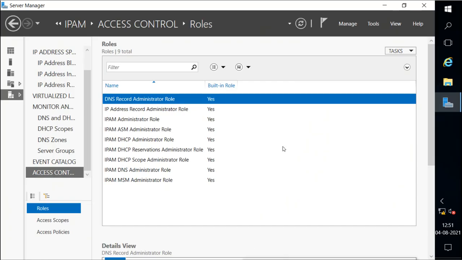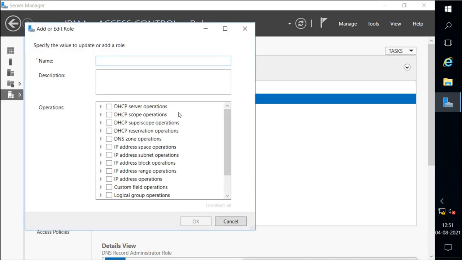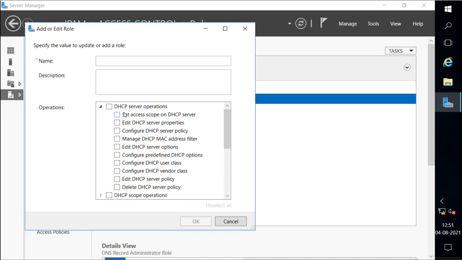That access control we can do from this access control option here. These are the groups we have, and if we want, we can select here to create a new user role. You can create a new user role by name, and then you can choose what they can do. There is detailed information here about what the user can do.